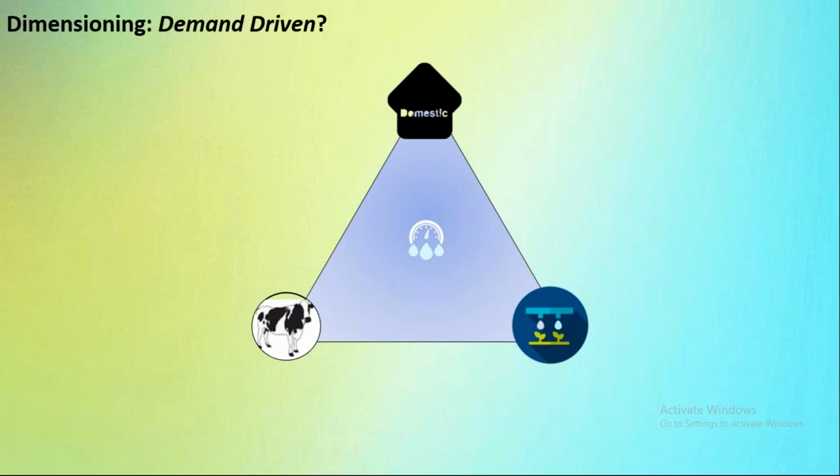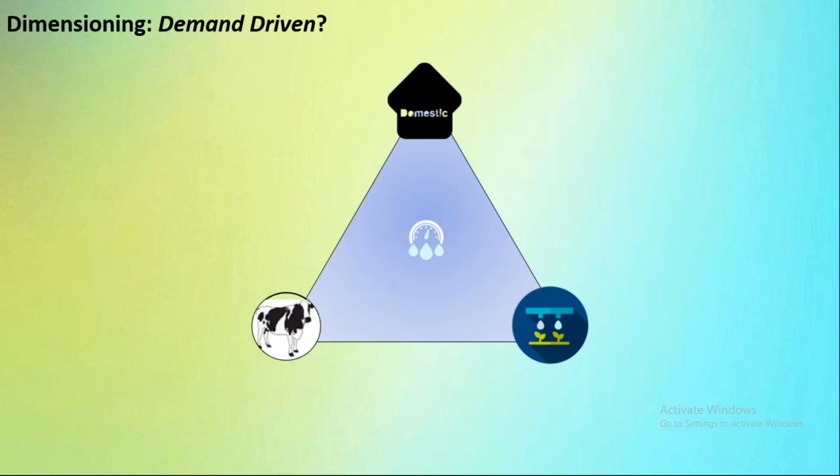If we see further, how can we decide the dimension of our harvesting structure? The harvesting structure design or capacity is basically demand driven: how much quantity we want to store, or how much quantity we will require in a future or lean period. That is the basic concept behind the capacity of the storage structure. Although rainfall, area and other components also matter, this is a basic demand driven dimensioning